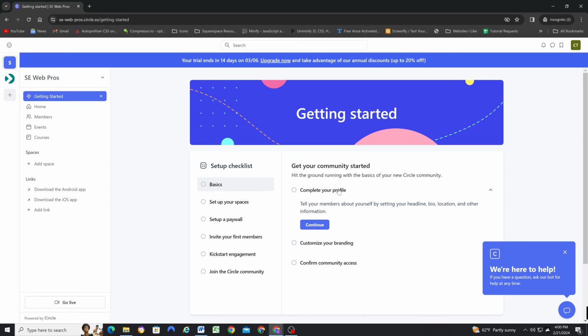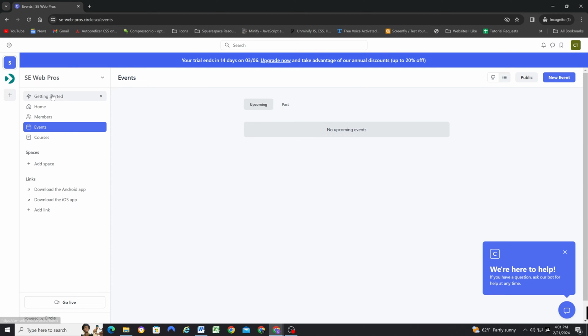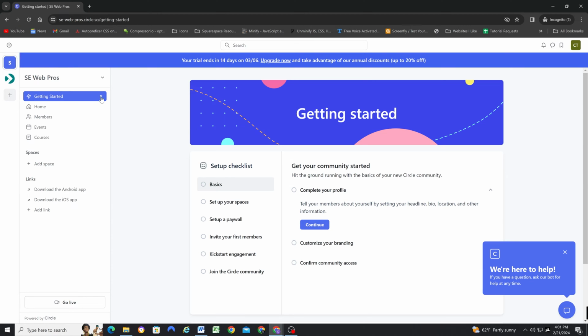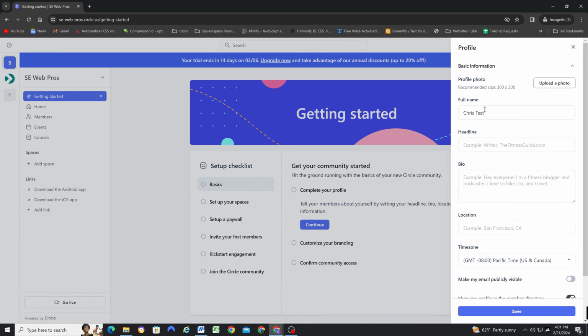It walks you through all the steps that you need to do in order to be ready to make your community public. This Getting Started page will always be there, even if you click to something else, and then you can always click back to it. But once you hit the X, it'll be gone for good. So I recommend not closing it until you're done with all of these steps, and then you can go ahead and hit the X. But the first thing that we'll do is hit continue to complete our profile, and it'll